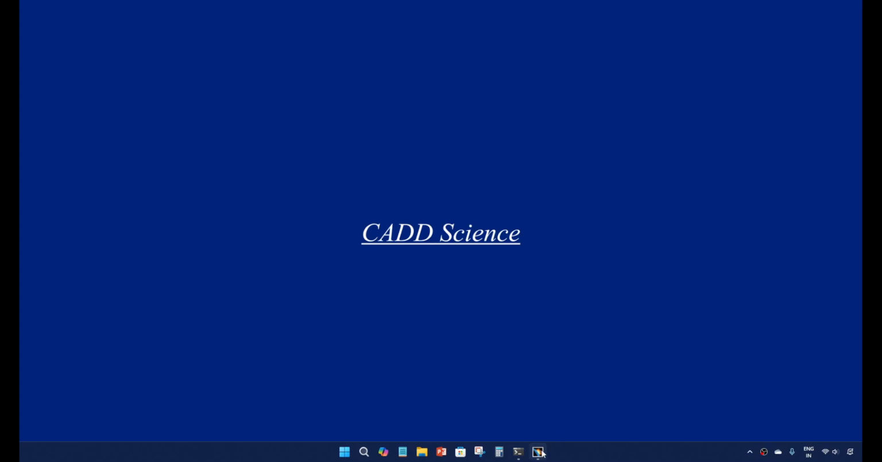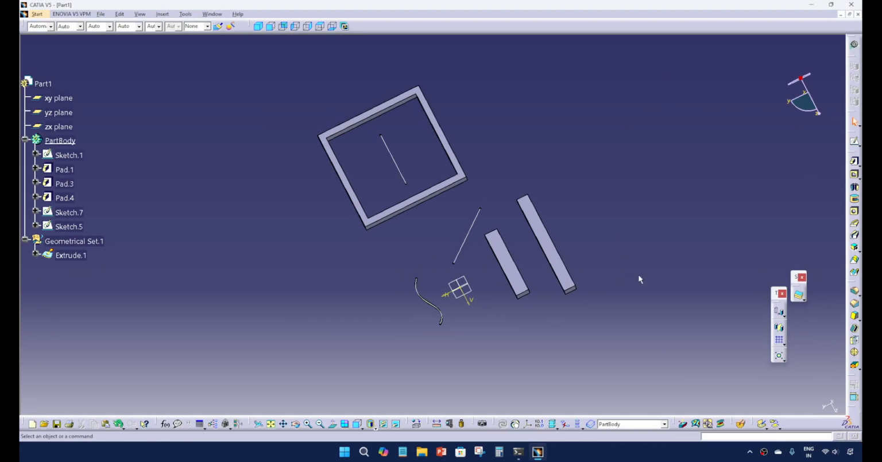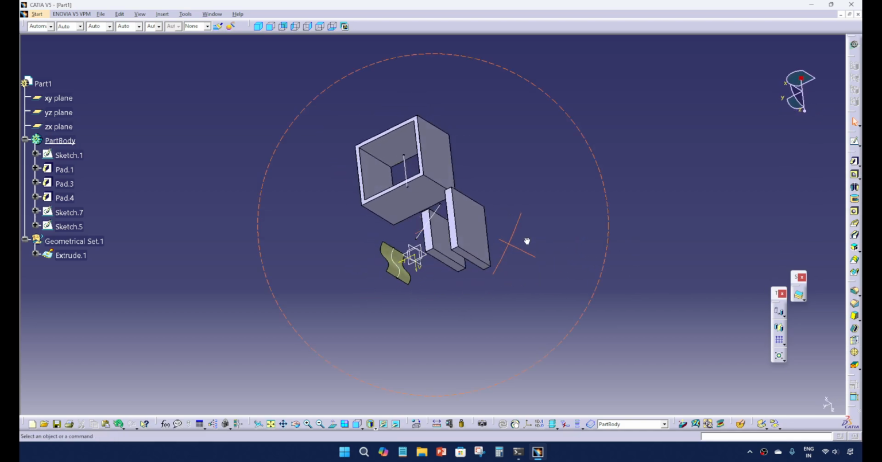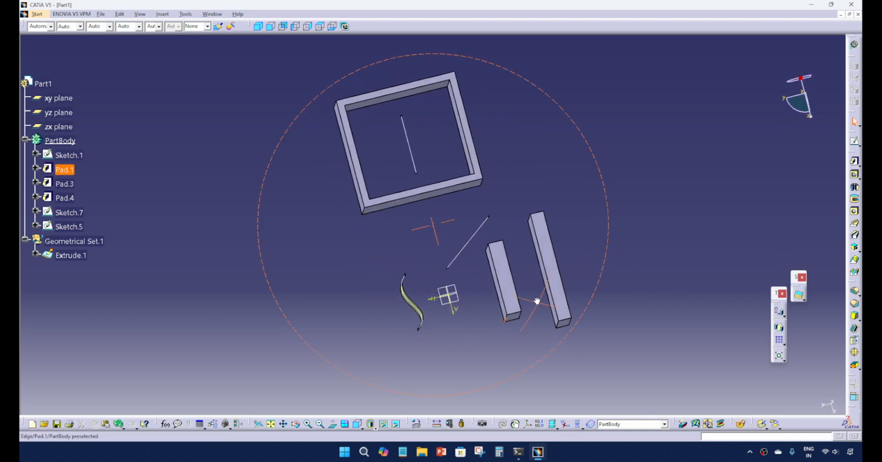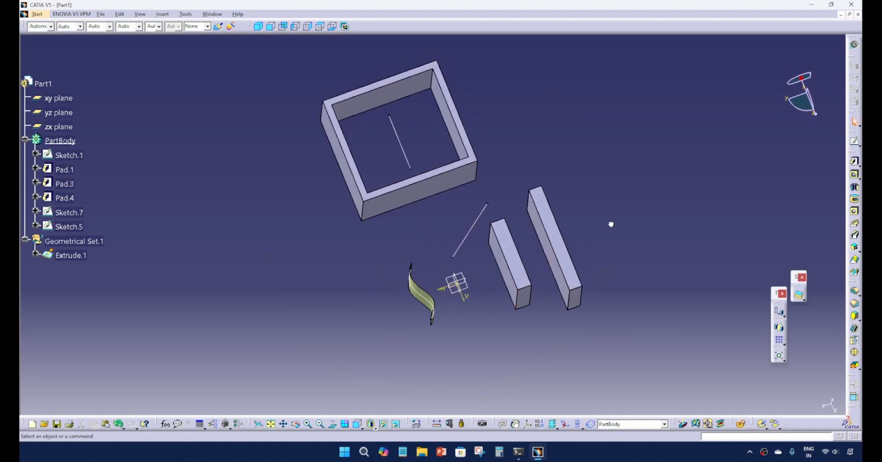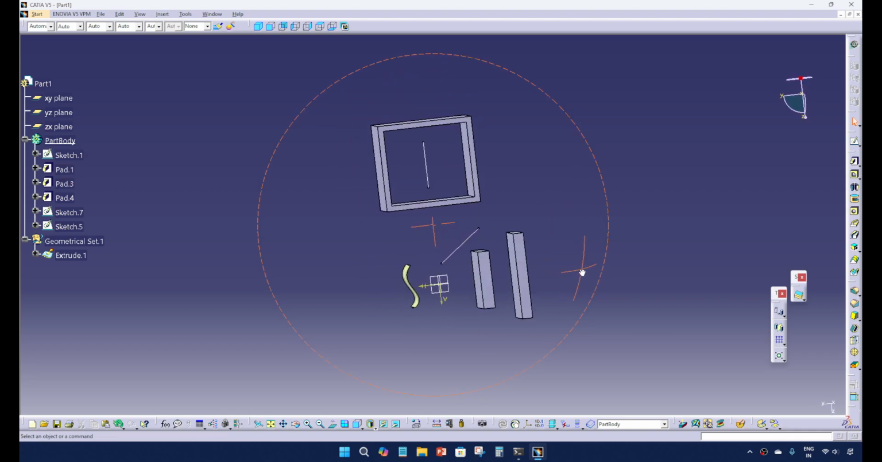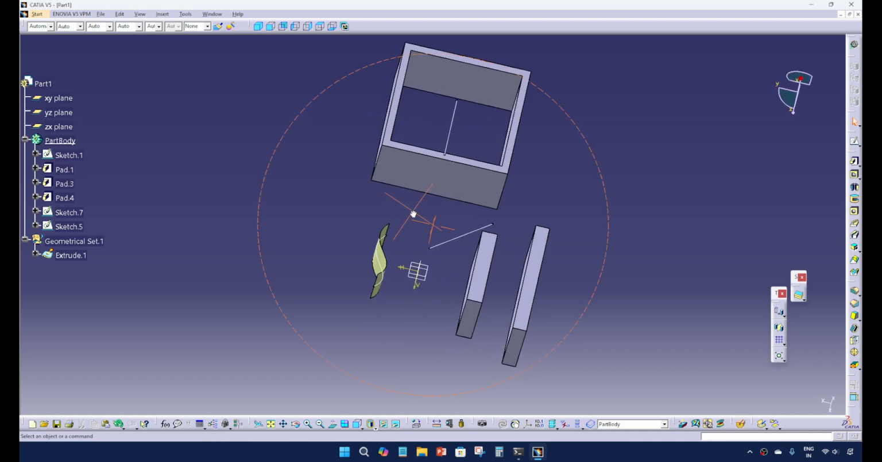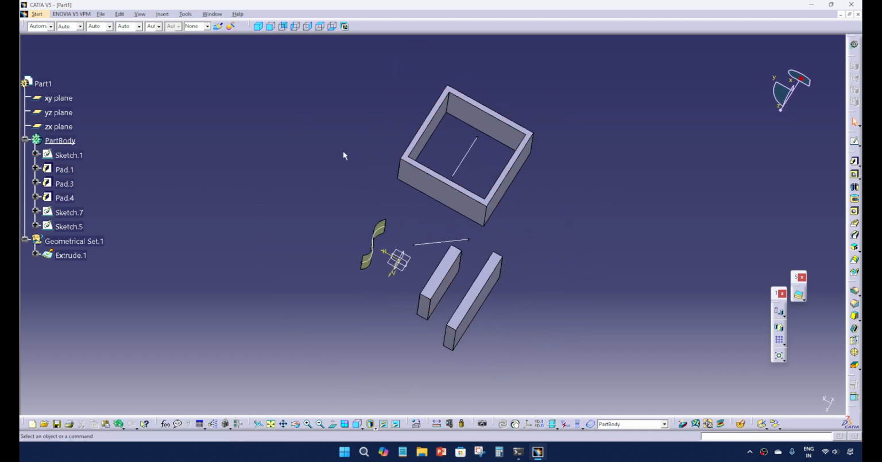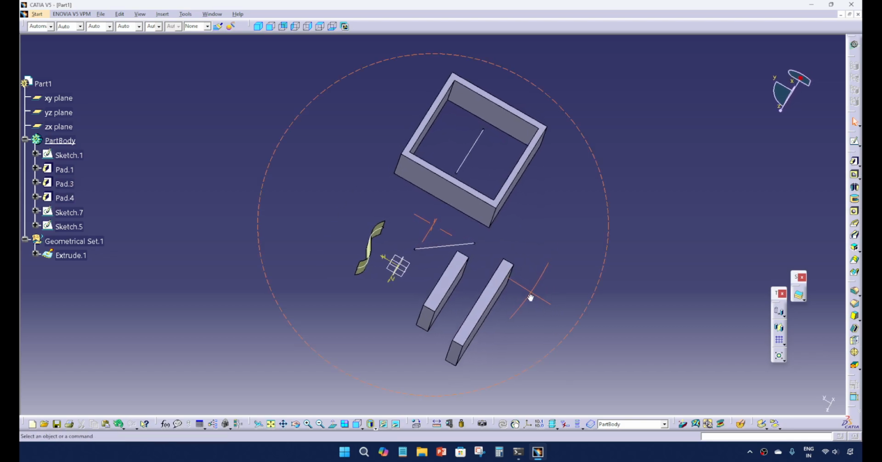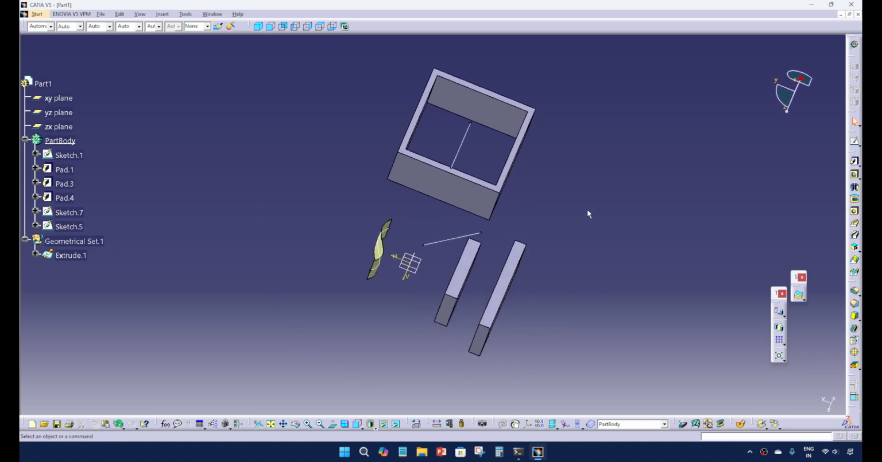Hey everyone, so in this video we'll see the Catia pad complete feature options. For explaining that feature, I have created these parts. These are the properties that I have created for explaining all the options. First we'll take a pad